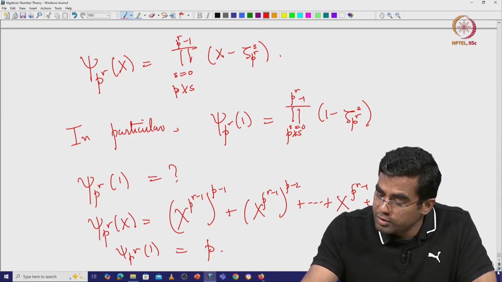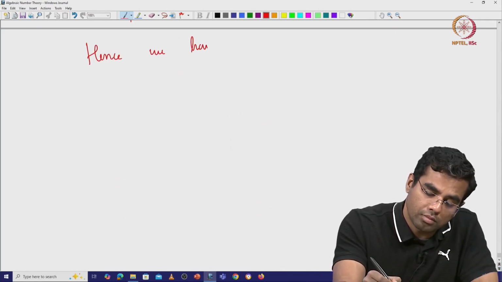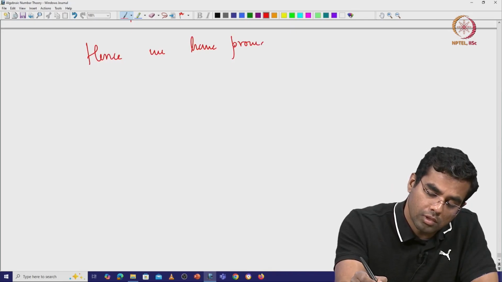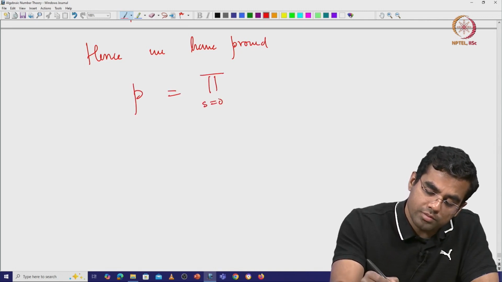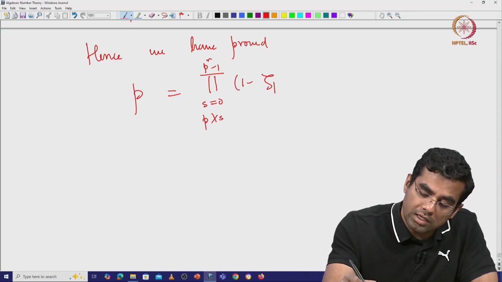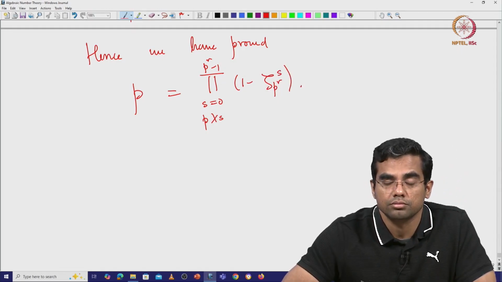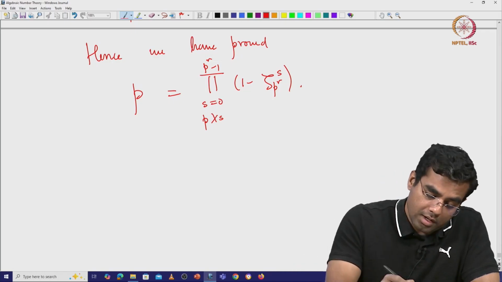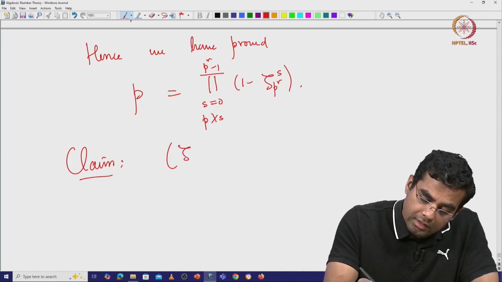So, hence we have proved that p is equal to the product over s going from 0 to p to the r minus 1, p not dividing s, of 1 minus zeta p to the r to the power s, right. All right. So, now my next claim is that the ideal 1 minus zeta p to the r s,